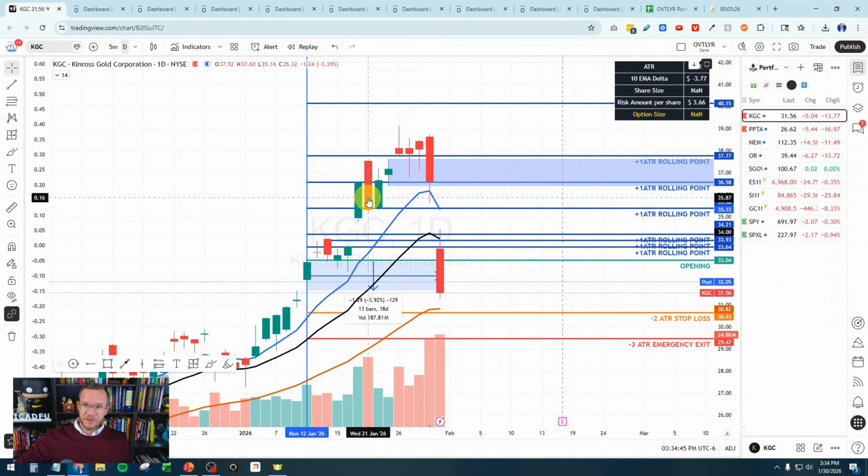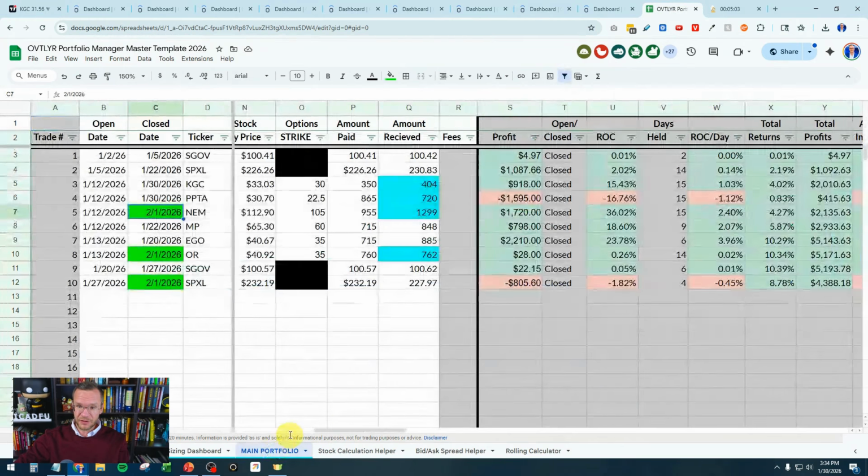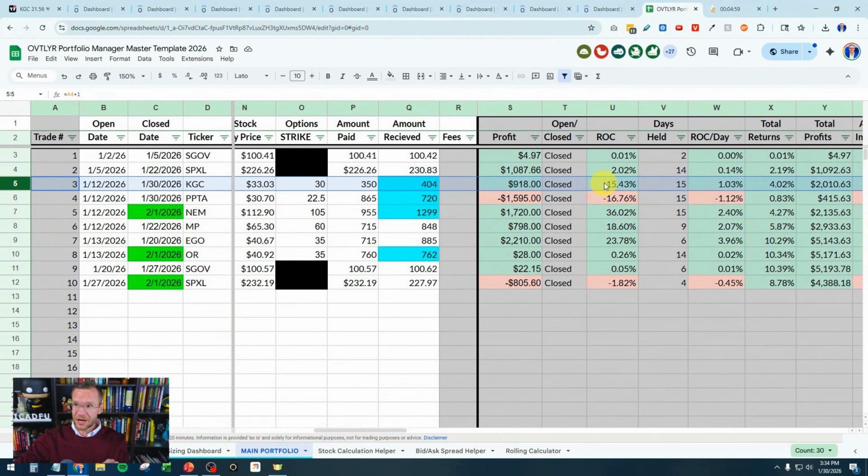As a stock is moving up, I like to trade deep in the money long options. And as it moves up, I'll roll up my options, which books partial profits. It frees up capital so you can trade with anything else, and it keeps the trade alive. Today, I closed it because it hit my exit signal, and the stock was down 3.92%. The stock ended up down 3.92% from where I entered. However, because of the rolling, and the receipts are on YouTube, I actually ended up on the trade